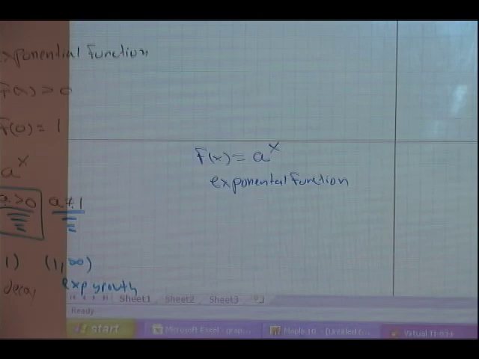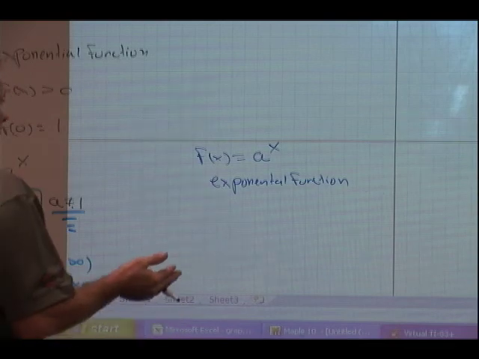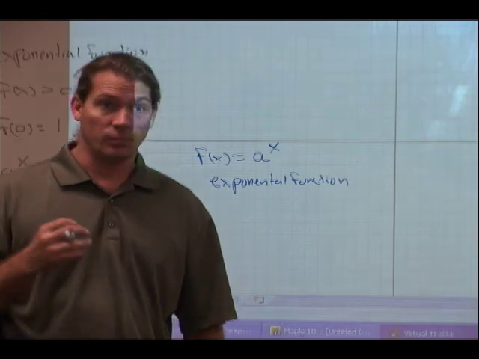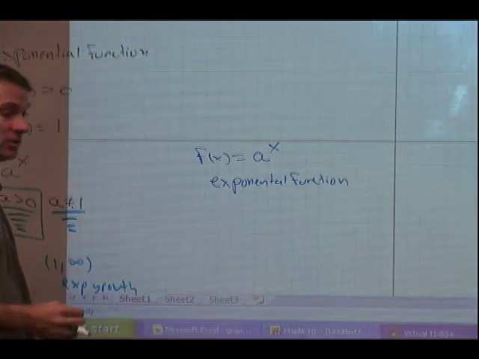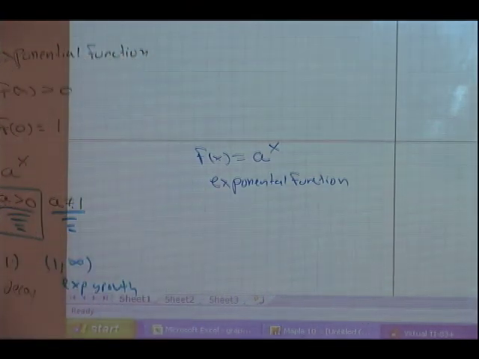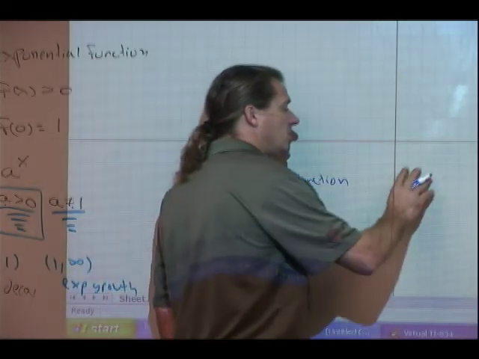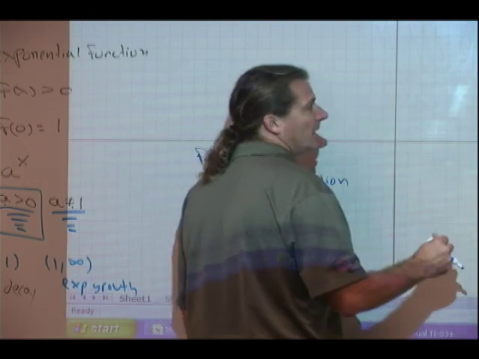Remember, x can vary from minus infinity to infinity. X is a variable. It can take on all kinds of values, including fractional values, right? X is a real number. We've got integers, we've got fractions, we've got even irrational numbers, which are real numbers. So when we think about that, if I was to ask you to graph something like 3 to the x,